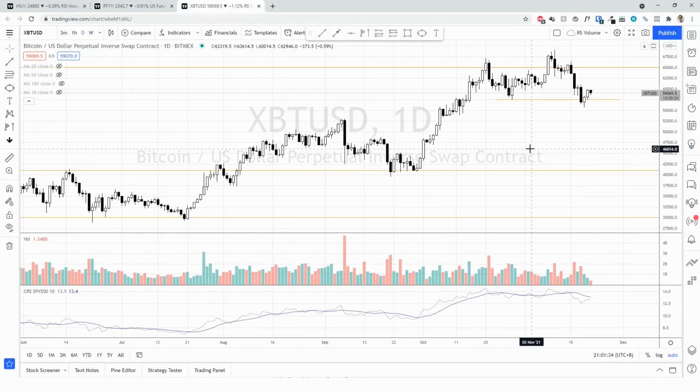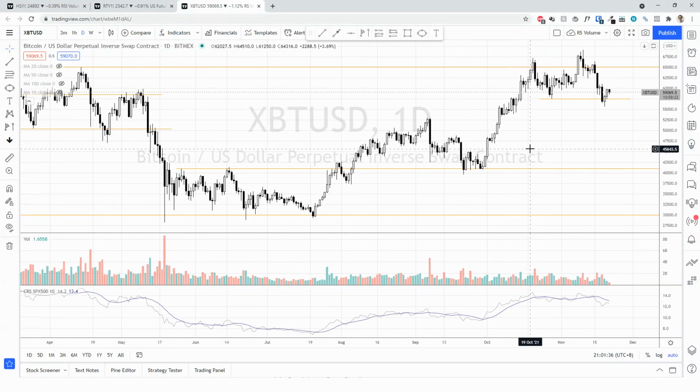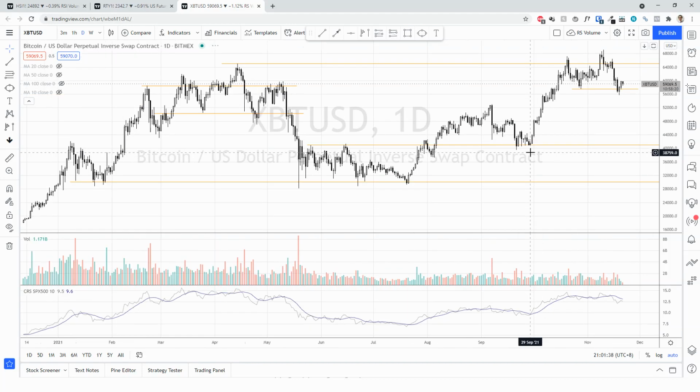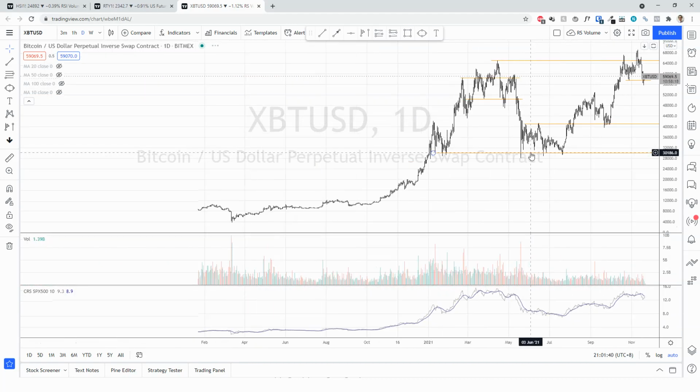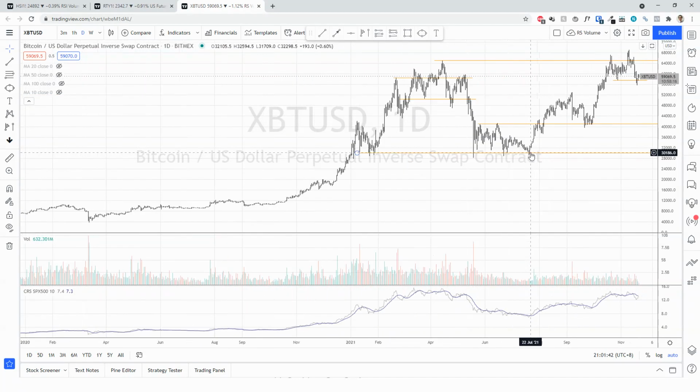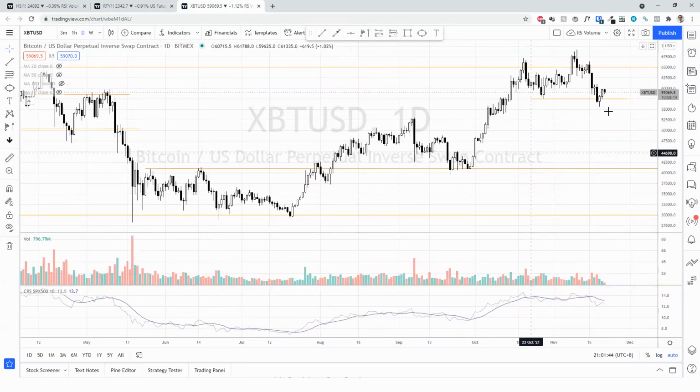So this is Bitcoin. Overall, I'm still very bullish on Bitcoin for the long term. I think it is a beast here. Really, we need to handle the volatility of Bitcoin, and certainly the stocks related to Bitcoin are very volatile as well. Definitely watch out for the risk if you trade that.